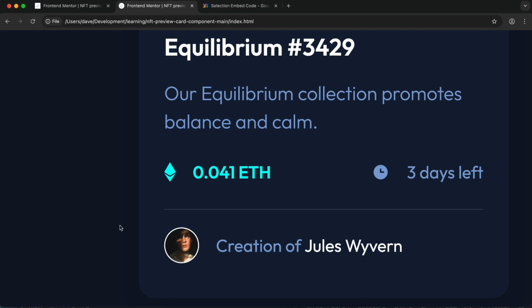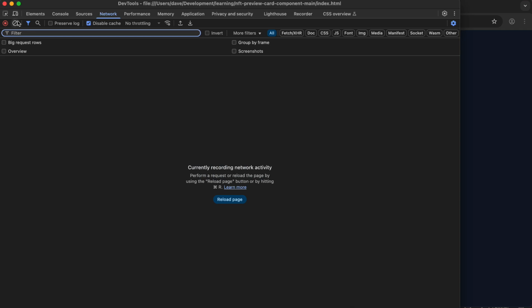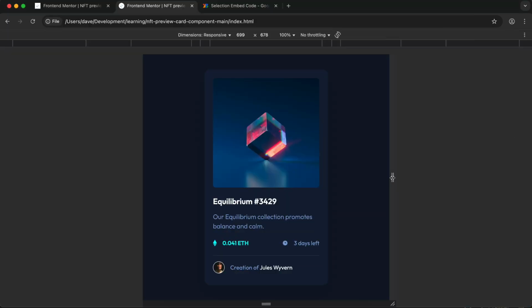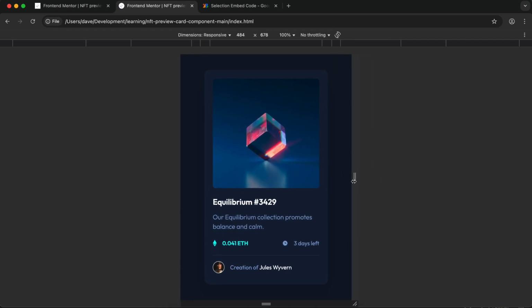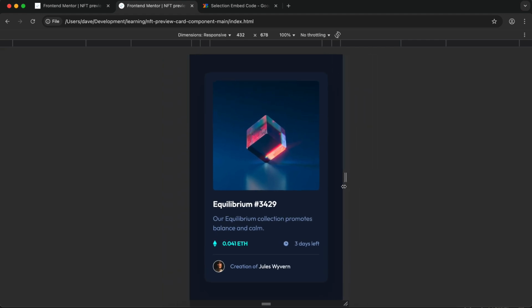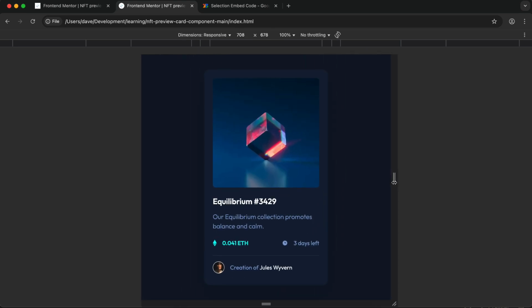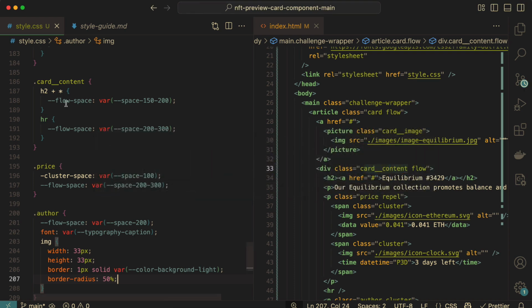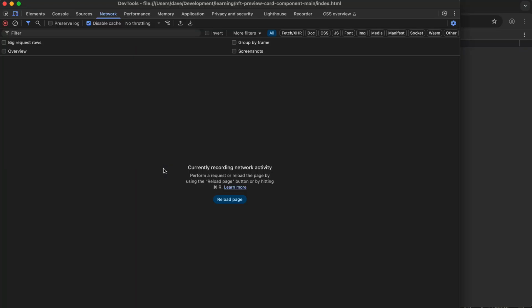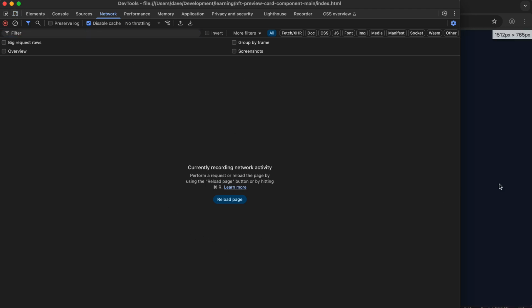Okay. At this point, everything is looking really good and really responsive too. If we bring up our dev tools, switch to responsive mode, you'll see some things just start squeezing in and doing the thing. There's even some nice wrapping in here, right? I'm curious about this image size here. We'll take a look at that in a second, but it feels like the space on that cluster space is wrong. Okay, so I'm going to take a quick look at that right now. Get rid of this. Actually, sorry, I did want that, but I don't want the responsive mode. Let's go